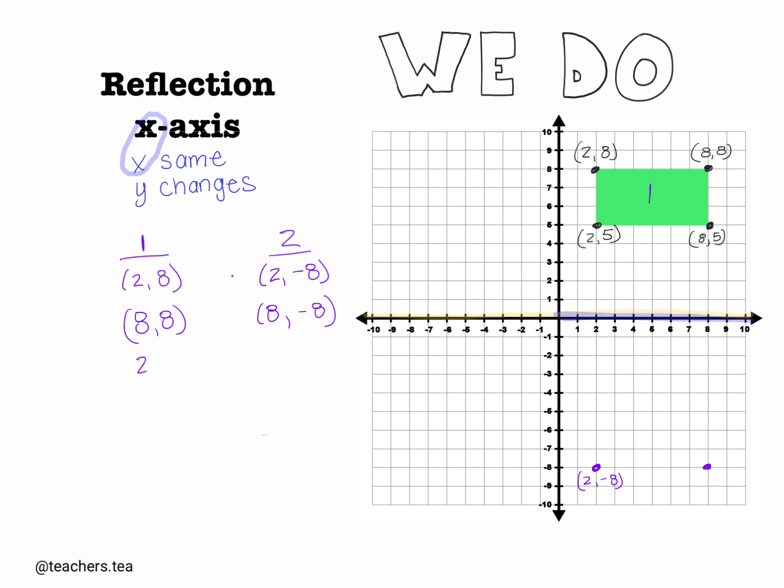Then I have 2 and 5. Keep the 2, change the 5. So I have 2, -5. And my 2, sorry,